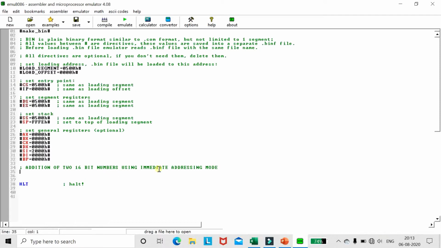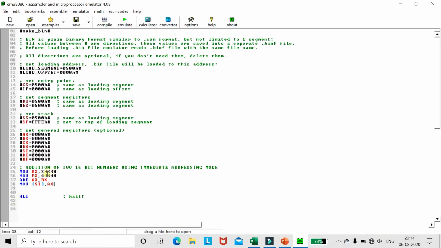Okay, so just write MOV AX comma 3333H, MOV BX comma 4444H, ADD AX comma BX, MOV SI comma AX, done. And the last instruction is HLT to stop your code.